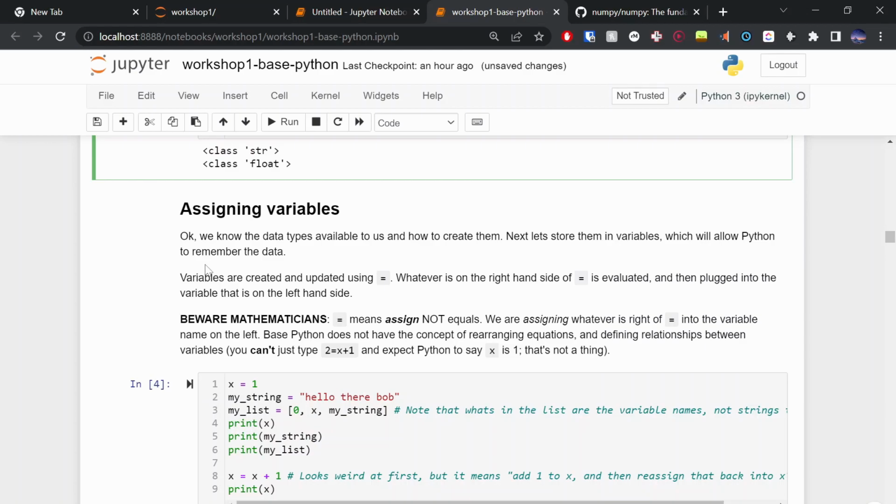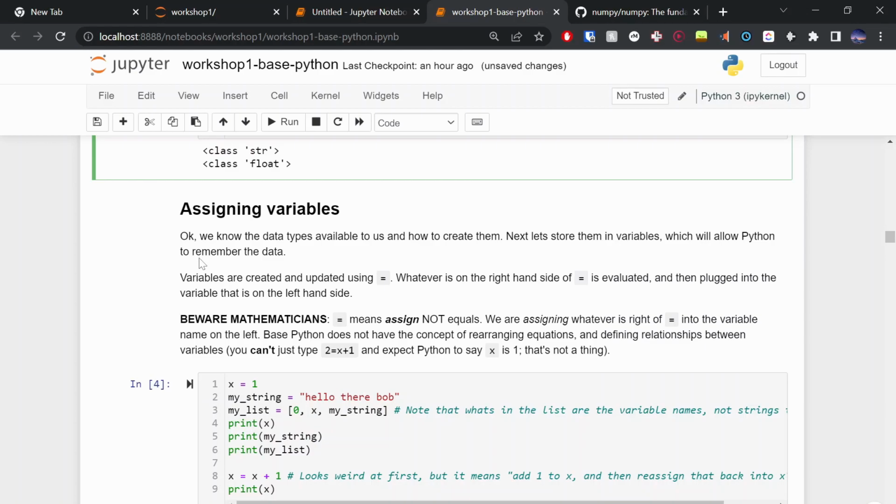With coding, we can use anything as a variable name and store that for later use. What's on the right is evaluated and then stored into the left. So beware, mathematicians: the equal sign means assign and not equals.